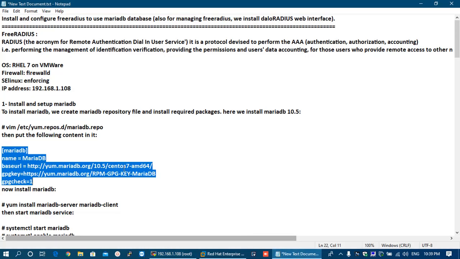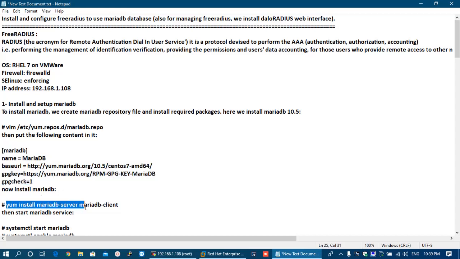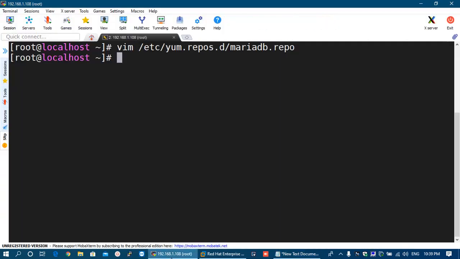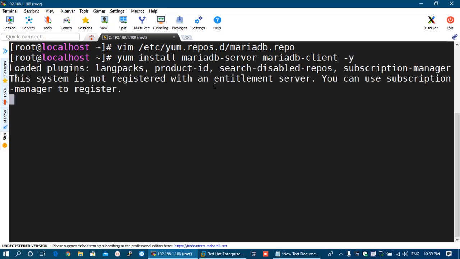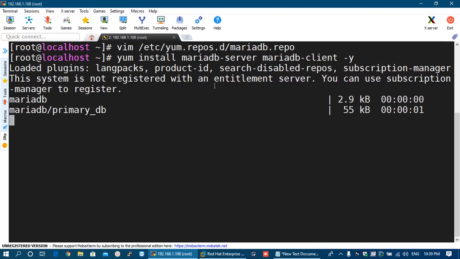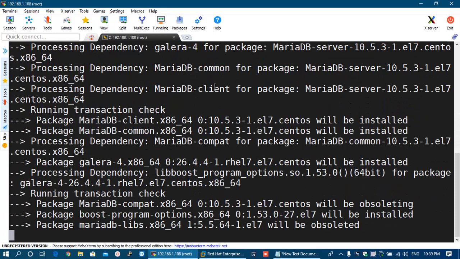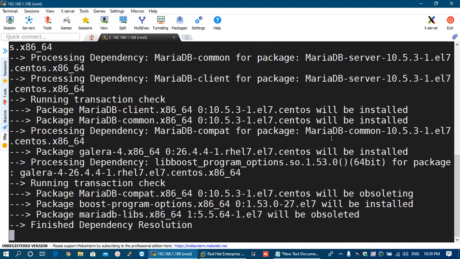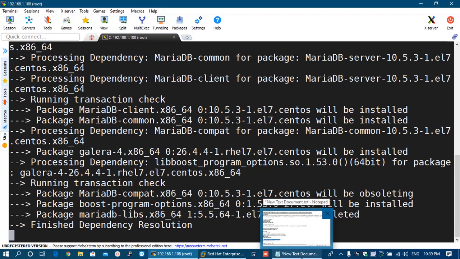After that, we can install the MariaDB packages. The packages for MariaDB which we will use in this tutorial are MariaDB-server and MariaDB-client. So we are going to install both these packages from the repository which we have configured earlier. This process can take some time, so we will wait till it gets completed.